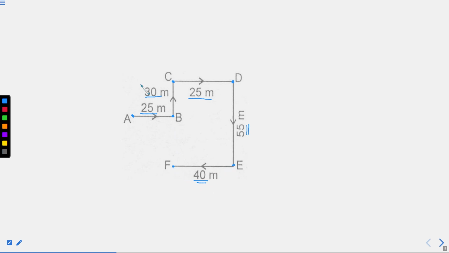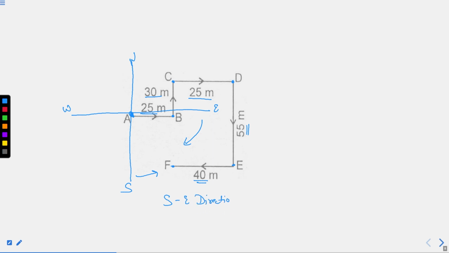As I said, draw a plus at the starting point. This is the starting point. This is north, this is south, this is east, and this is west. So from point A, you find point F, that is the final point, is in which direction? Below east and to the right of south. So the direction comes out to be southeast.